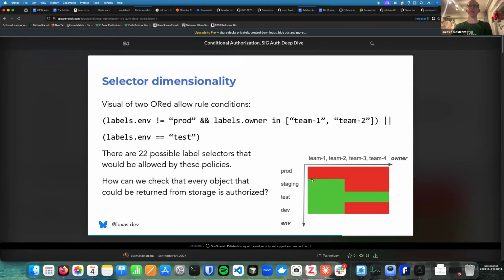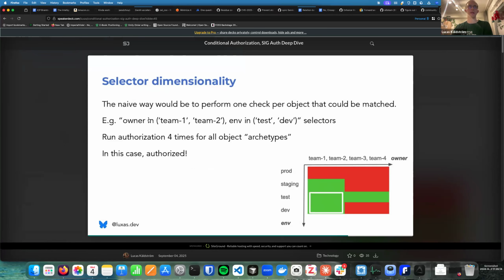So that's this thing. Or then the label env is test. So that's this. Now this is my authorized space. And then I see a label selector coming in, which says owner in team 1, team 2, and so either these or test or dev. So that selects these different possible concrete instantiations of the object.